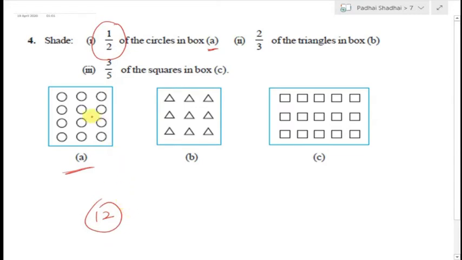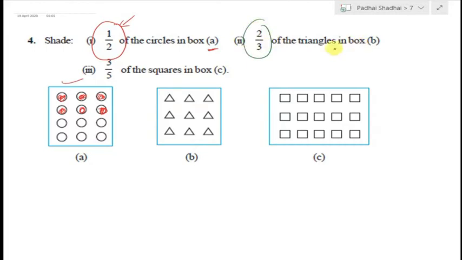We have to divide it into 1 by 2 parts, so we will have to multiply it by 1 by 2. 12 into 1 by 2, we can cut out the number as we have done earlier. Let us see what is the answer here. We will put 1 here, and if we can cut out, we will cut. Yes beta, see here 12 by 2, 2 6s are cut. So we have to shade 6 circles here for question 1. We can put dots: 1 2 3 4 5 and 6. Remember it, how to count the number of circles to be shaded.